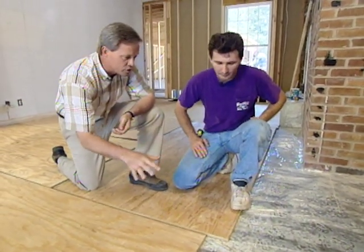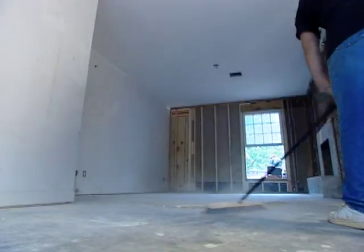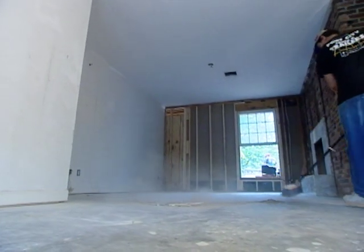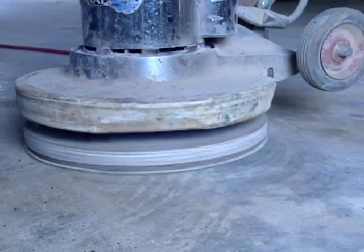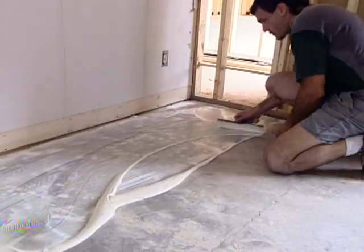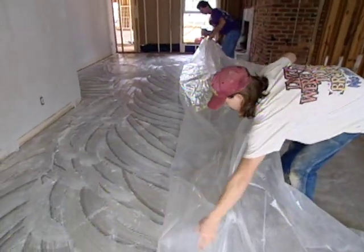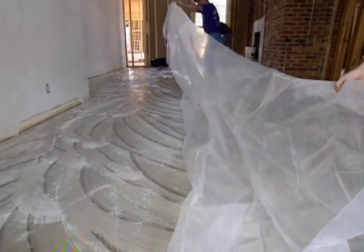Okay, now what about the original slab? I don't know what kind of shape it was in. What kind of preparation did you have to do? We come in here and we swept all the debris out, and then we sand the slab down to get any imperfections and open the pores of the concrete, vacuum it, then we're ready to put our adhesive down. Okay, you put your adhesive down, put your 6 mil plastic on, and then ready to put the 3/4 inch